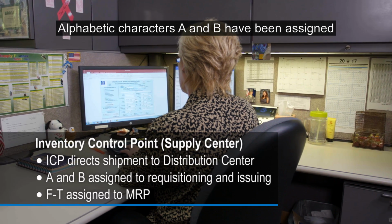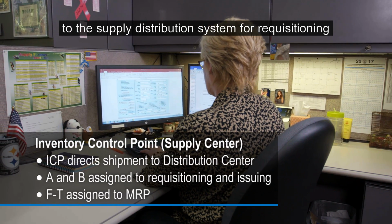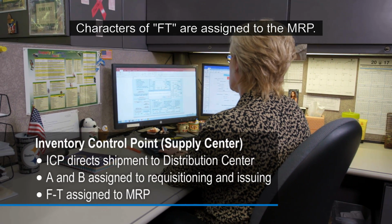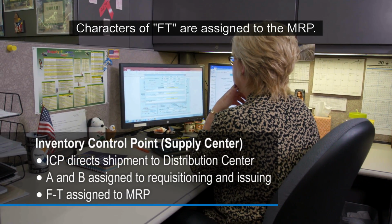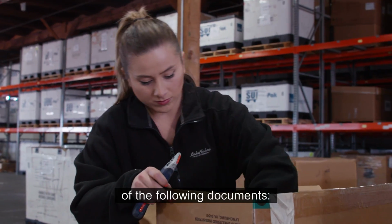Alphabetic characters A and B have been assigned to the supply distribution system for requisitioning and issuing. Characters of FT are assigned to the MRP. Materiel should arrive with one or more of the following documents: